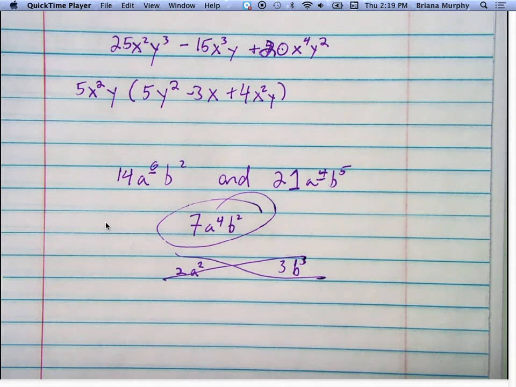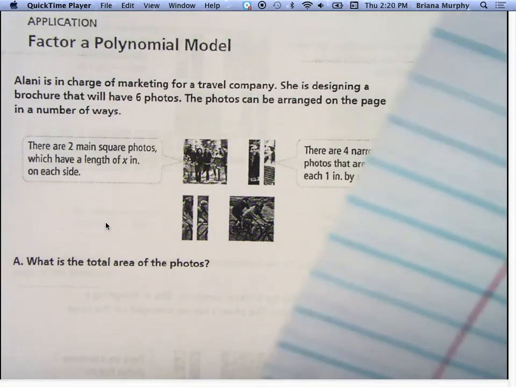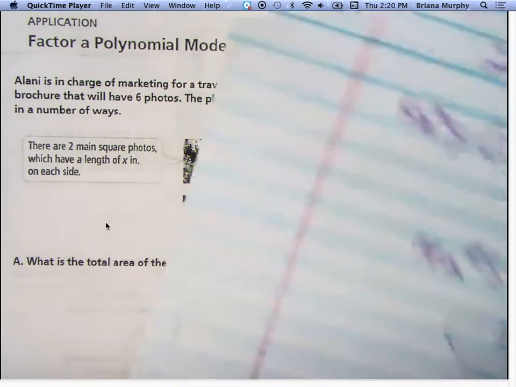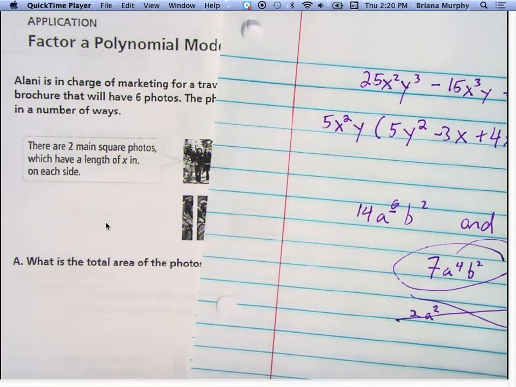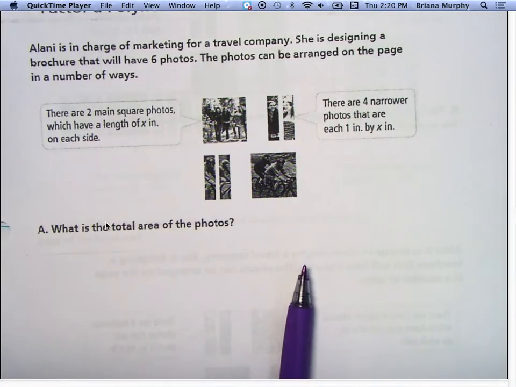Do we want another one, or do we want to try a word problem? Let's try a word problem. 6 through 16 even. Yeah. Let's try a word problem then, and then you guys should have time to work on your homework even after I go over the quiz. Okay. So, our word problem is